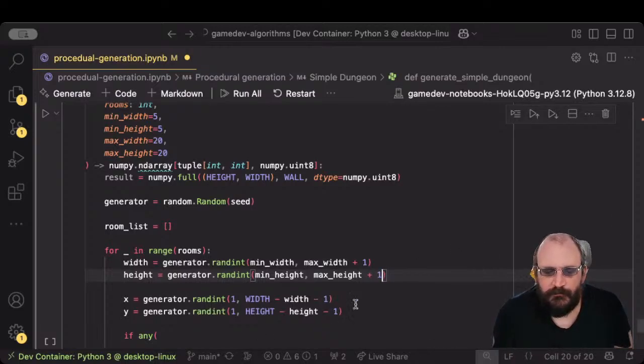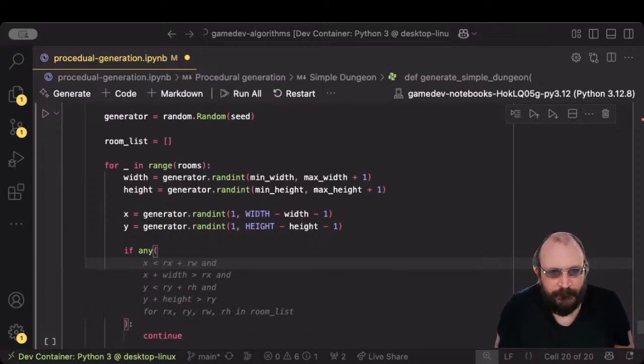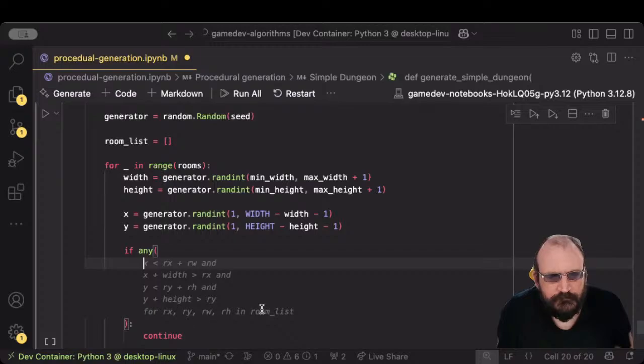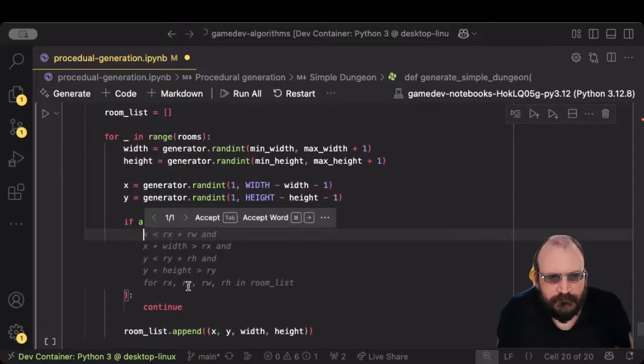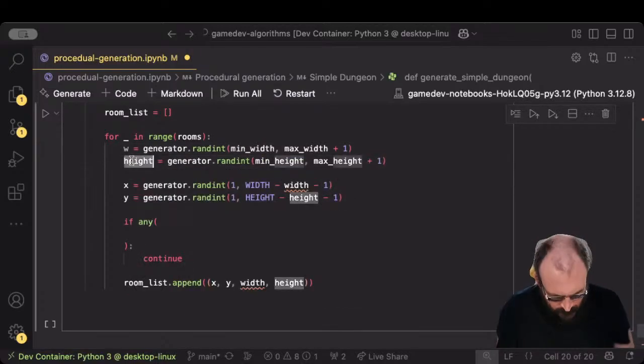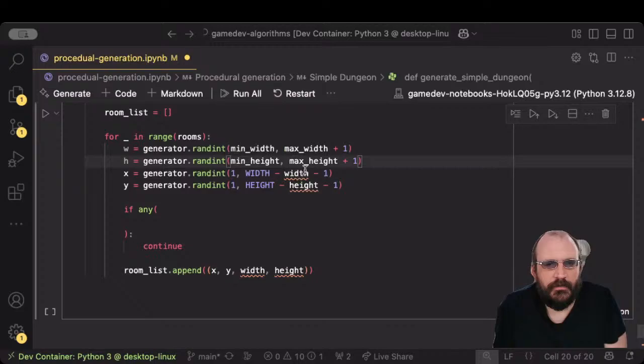Yeah, so we're going to generate a random width and a height and a random position within the space, and then we want to make sure that